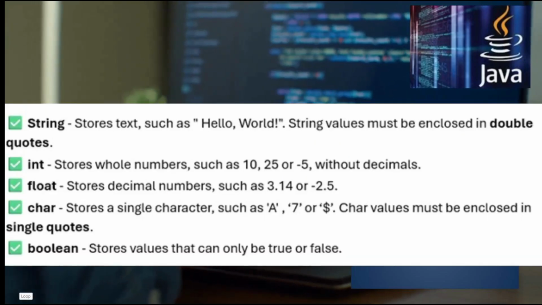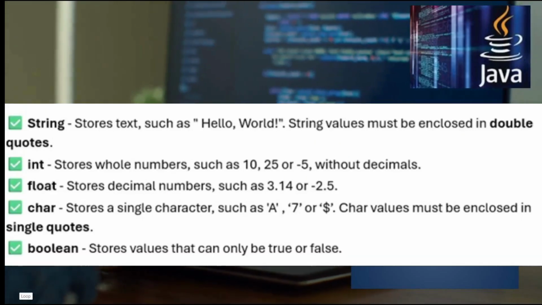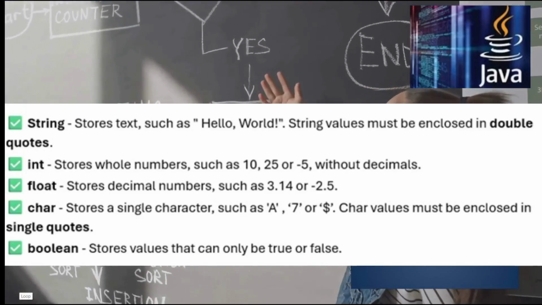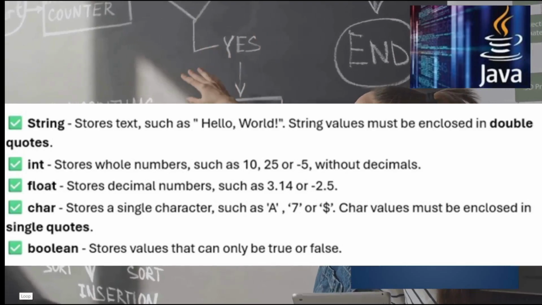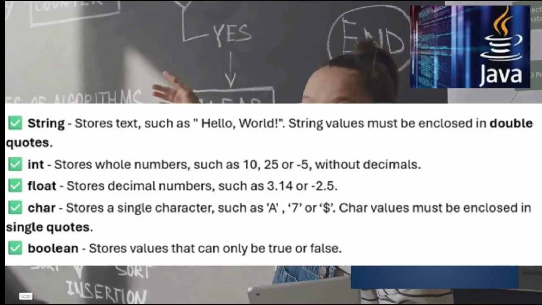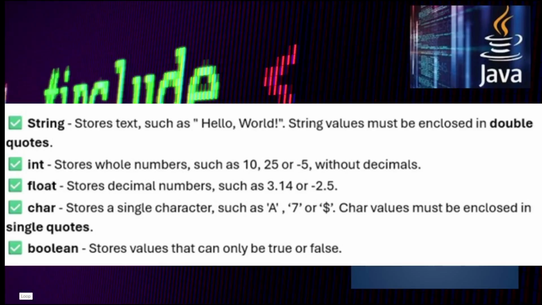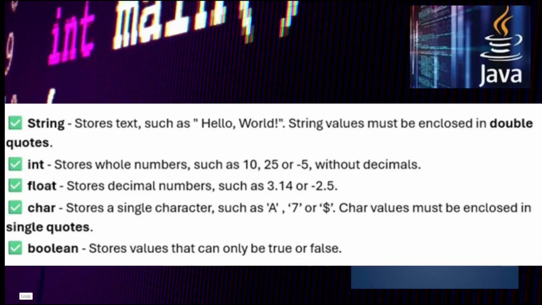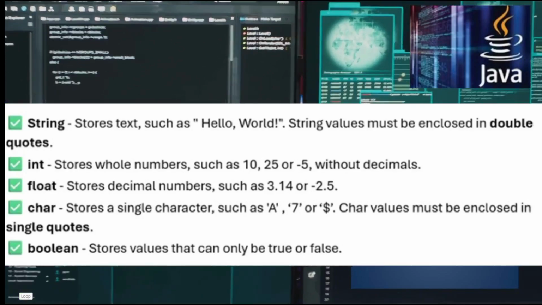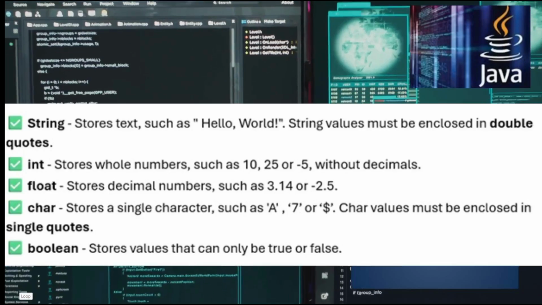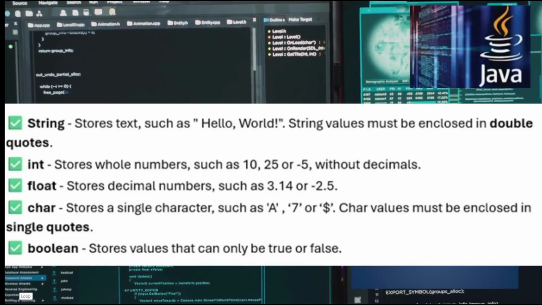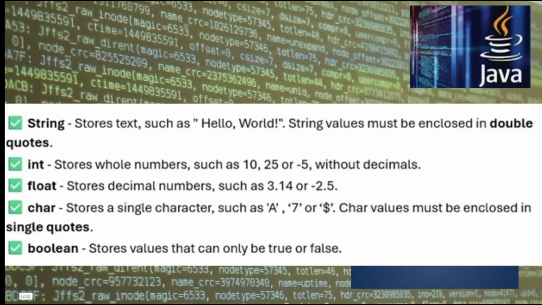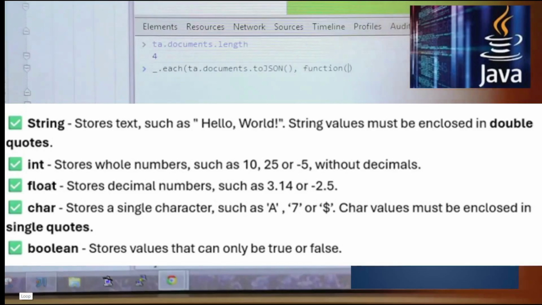Java, being a strongly typed language, requires us to be specific about the type of data a variable can hold. Some of the most common data types include String, used for storing text, like words or sentences. Example: "Hello World". Int, used for storing whole numbers without decimals, like 10, 25, or -5. Float, used for storing numbers with decimals, like 3.14 or -2.5. Char, used for storing single characters like 'A', '7', or '$'. And boolean, used for storing truth values, either true